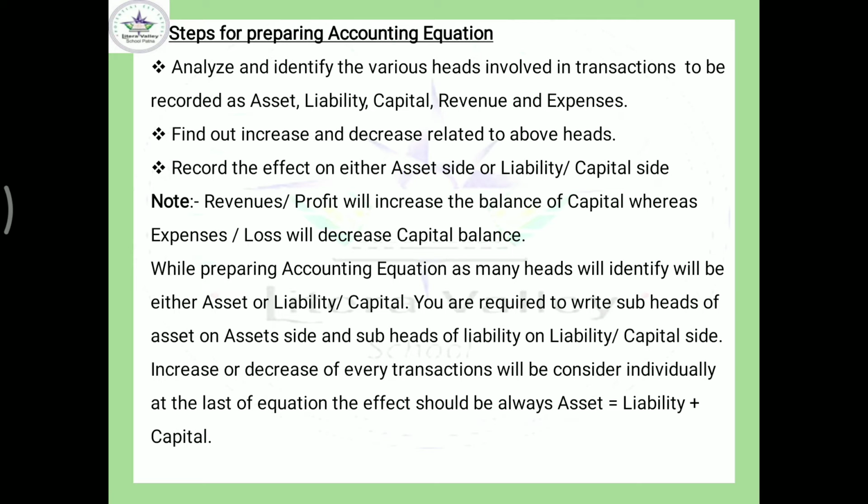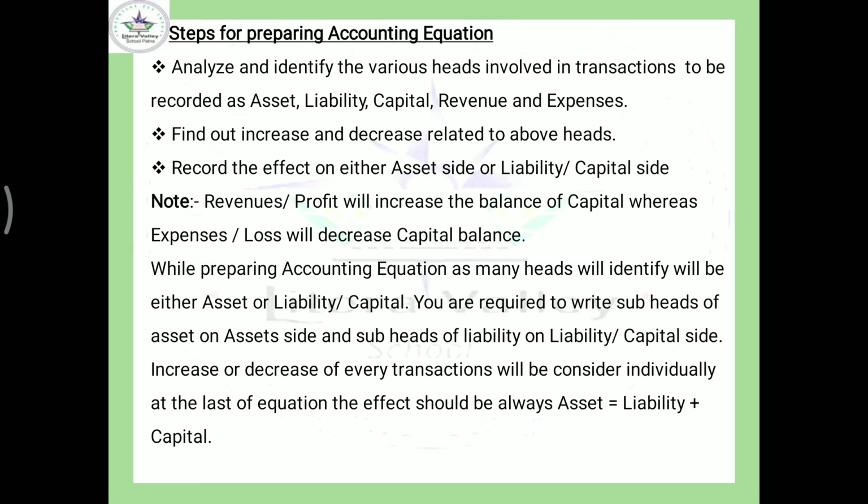For example, a business is started with cash, so cash in the business will increase, and the obligation of the business towards the proprietor will also increase. The amount invested by the businessman into his own business is known as capital. So capital will increase and cash will increase. Here, first of all, you have to analyze, then find the proper heads